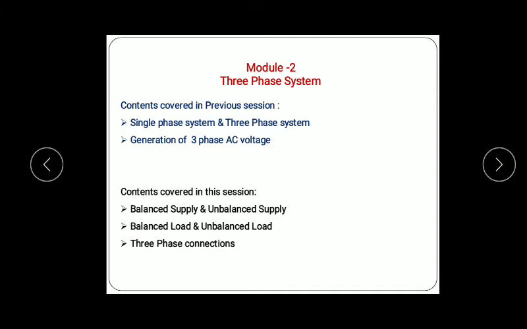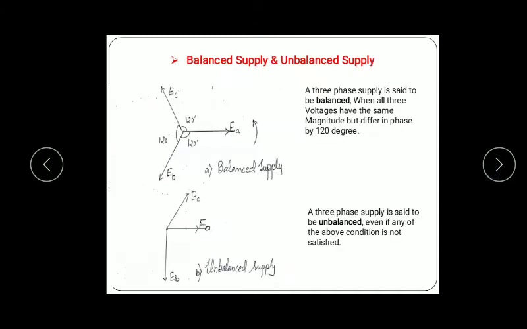Today we'll be dealing with three-phase balanced supply, unbalanced supply, three-phase balanced load and unbalanced load, and three-phase connections. First, balanced supply and unbalanced supply. So as I said,